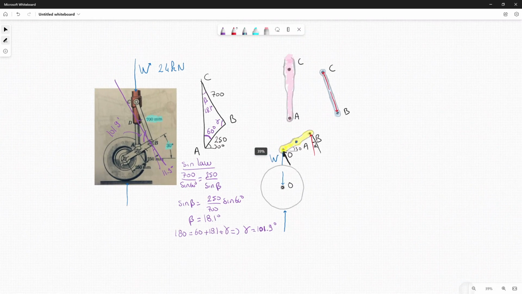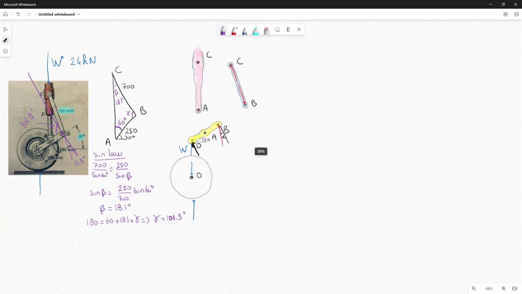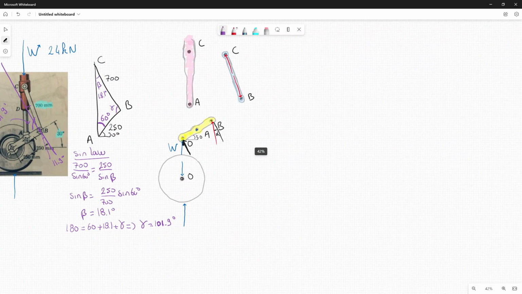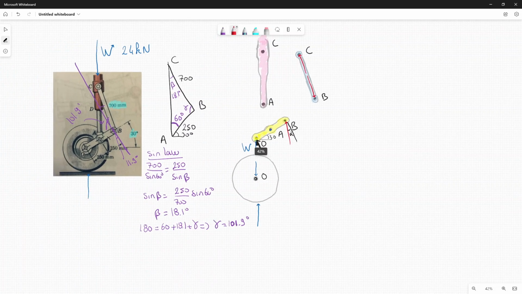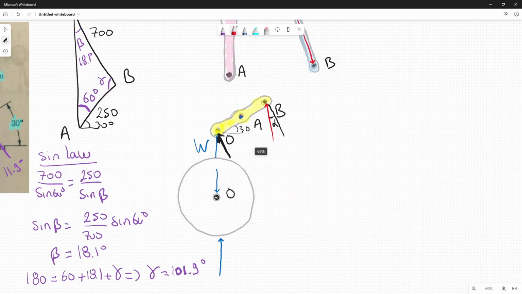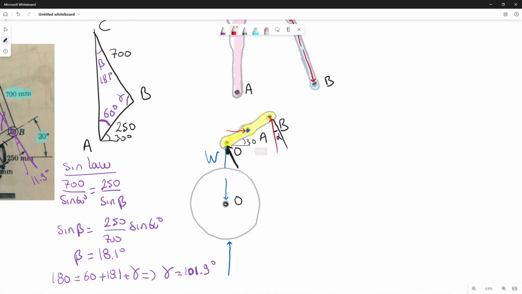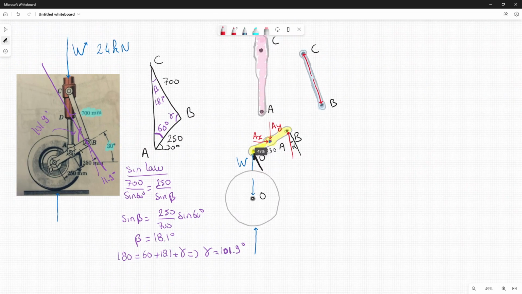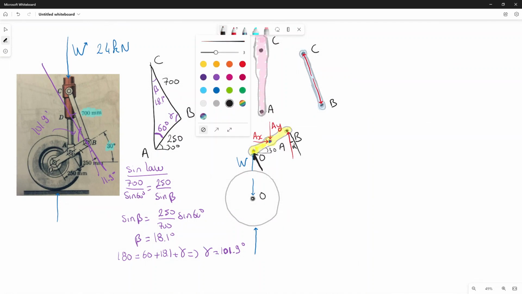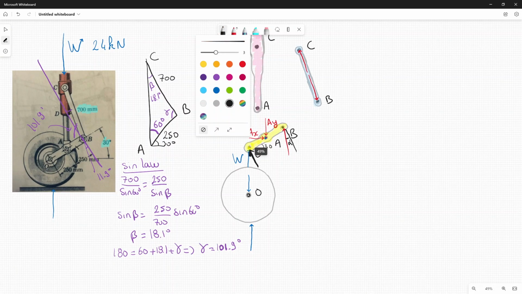Okay, that's the only equation that we can solve for. If we do force on X, force on Y, we have too many unknowns because I didn't draw them, but if we draw them, we have AX and AY that will be down because everything else is up. Okay, so how do we find AX and AY? We cannot for now. We really need to do the moment about A first. So let's do that. Okay, sum of the moment